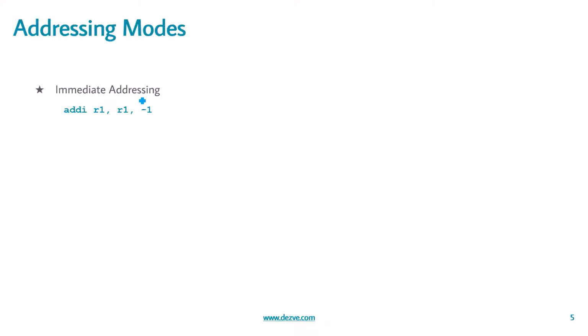Now this is immediate addressing. In this case, there is one instruction format in which we have an opcode, source 1, source 2 and DST. Out of source 1 and source 2, one of the operands is a constant, and that constant is provided in the instruction itself.